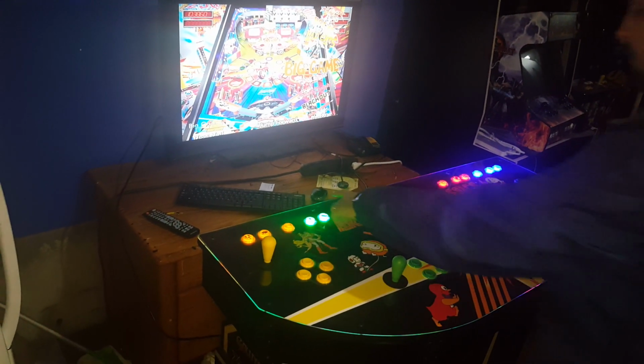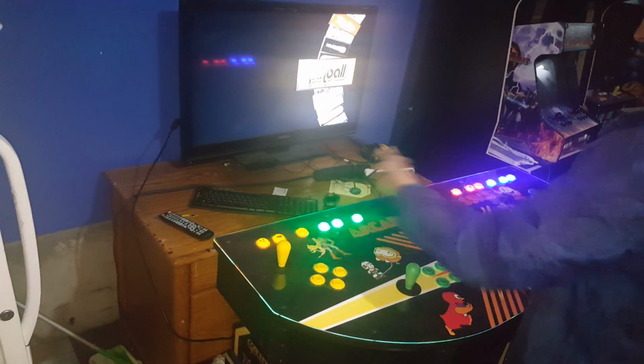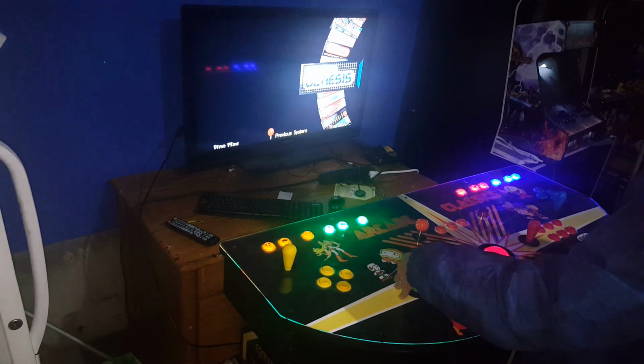Okay? Player 1 coin, back out of the wheel. So see, it's not as complicated as it looks. You're just really using player 1 start and player 1 coin a lot. When you get into a console, which I won't do because I'm almost out of memory on my phone,